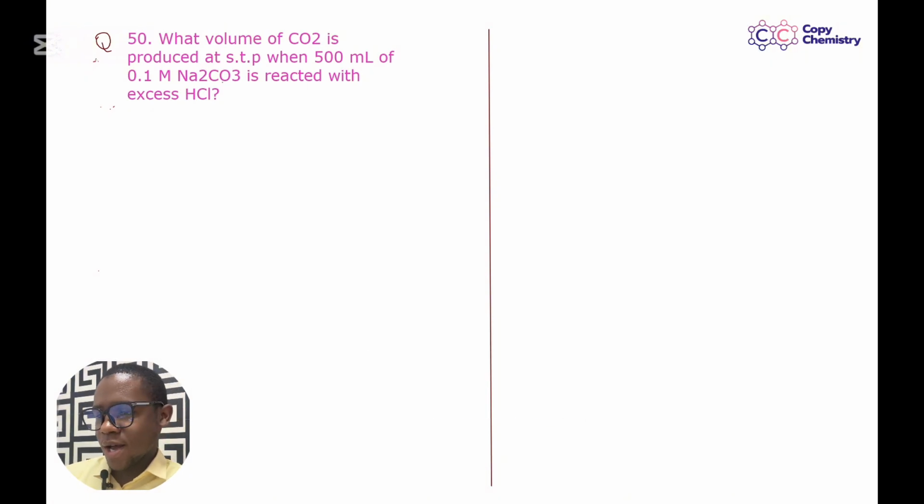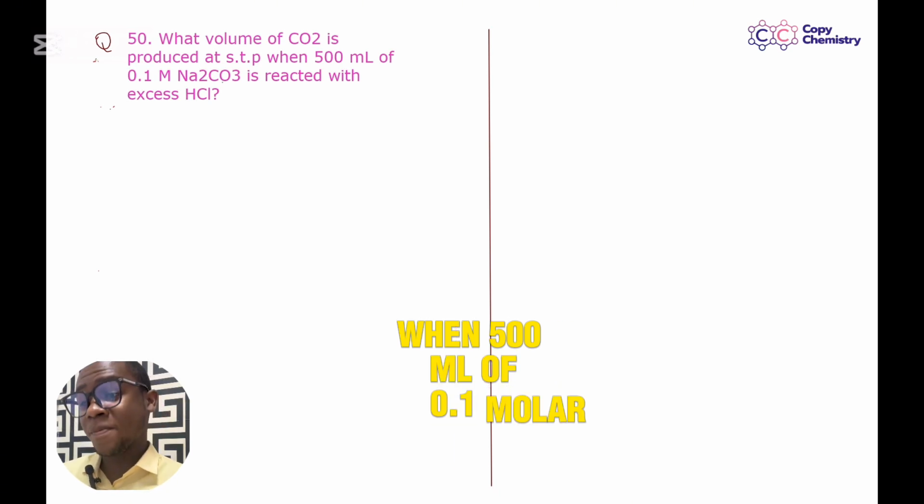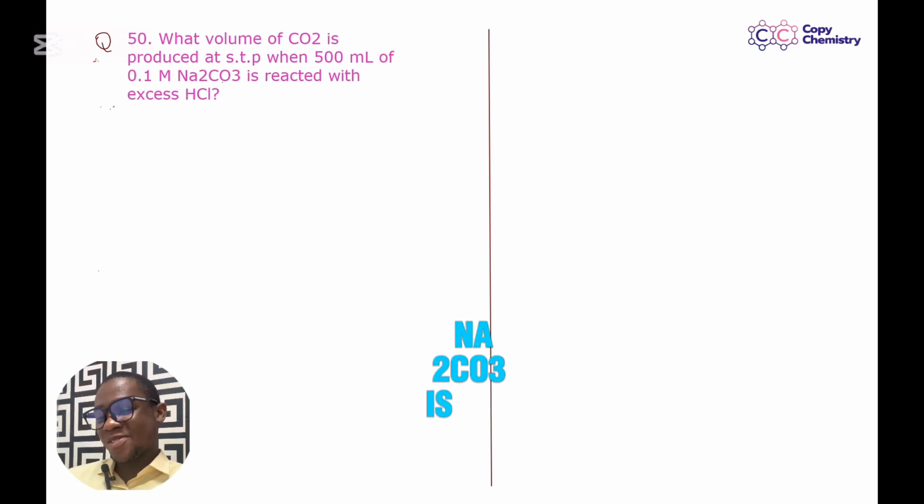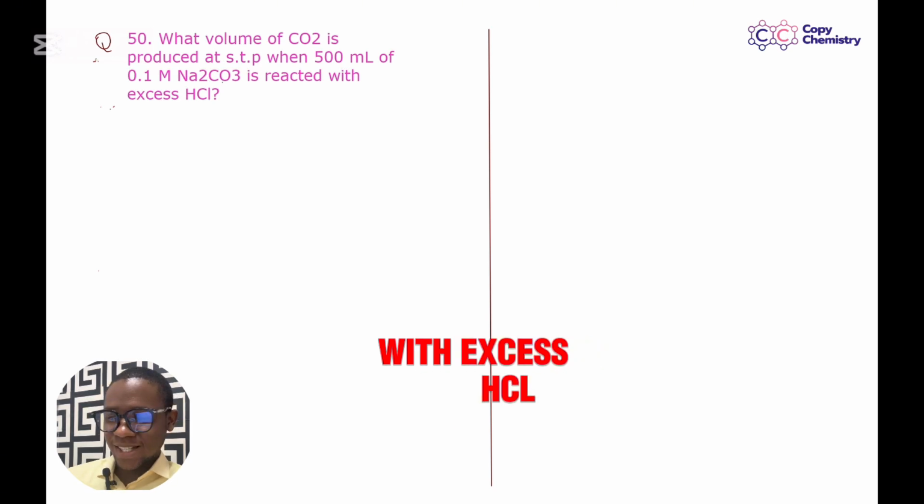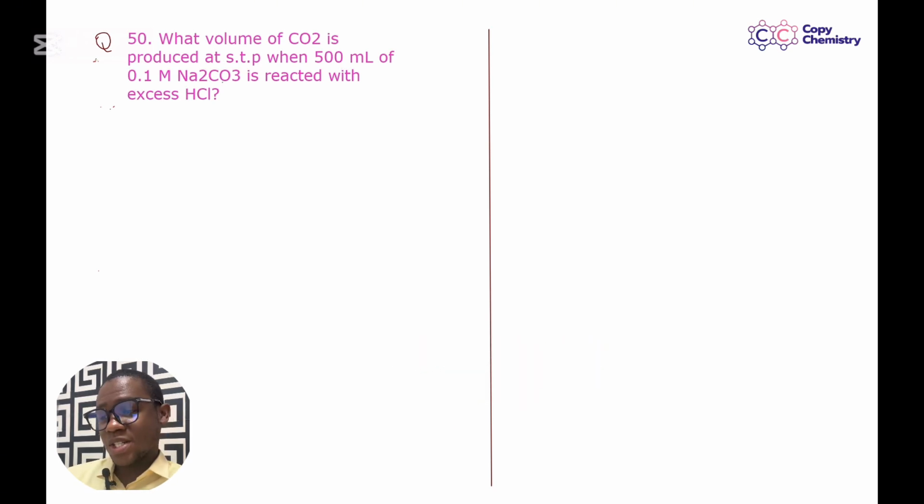So this here has to do with volume and concentration and number of moles, okay? What volume of CO2 is produced at STP when 500 ml of 0.1 molar Na2CO3 is reacted with excess HCl? HCl is the excess reagent there. We're using our limiting reagent for calculation, but first,